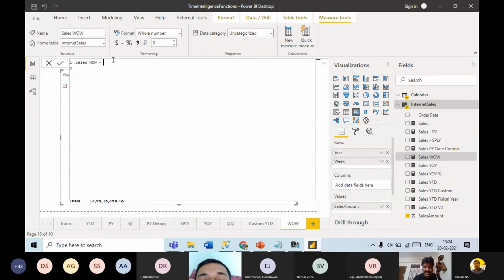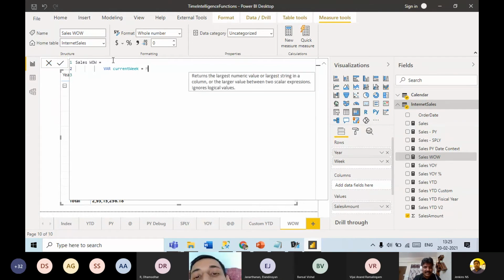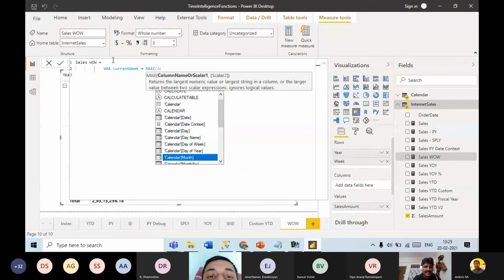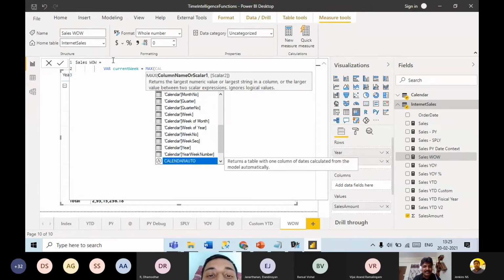As I told, first capture the current context. So in current context, what do I have to capture? Variable, what is the current week? Current week. So how to get the current week? Max from our calendar table, take that week sequence number. That is a continuous number.